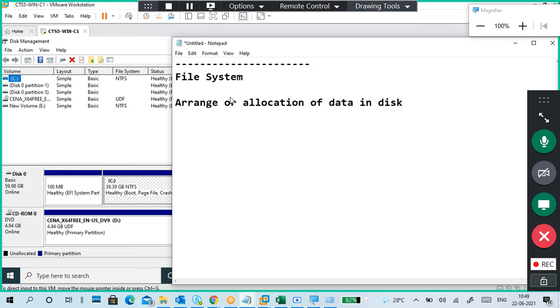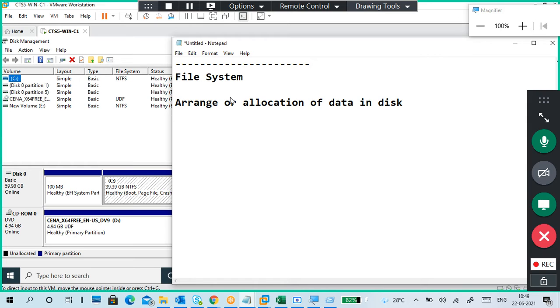I use disk as a simple word, like a hard disk, partition, or maybe a pen drive, a DVD, a CD, or when you transfer data from one PC to another by sharing. Different types of file system are there, based on how you are allocating. Whether it is Windows, Linux, Unix, or any operating system, data is arranged in a particular file system manner.